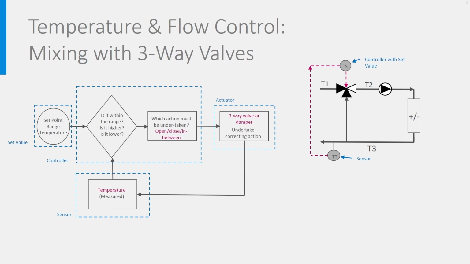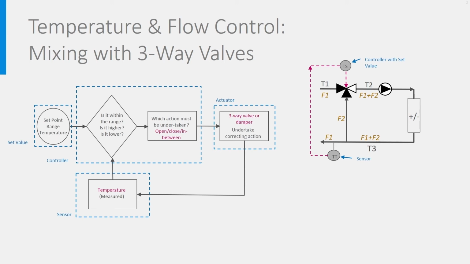That is when the three-way valve is used. Let's take the example of a heating mode. In that case, T3 is higher than T1. If T3 is lower than expected, then a part of the flow in branch 3 is diverted and mixed with branch 1 at T1, increasing this way T1 to T2. As T2 is now higher, T3 will be higher as well. You see here how the flows are divided.